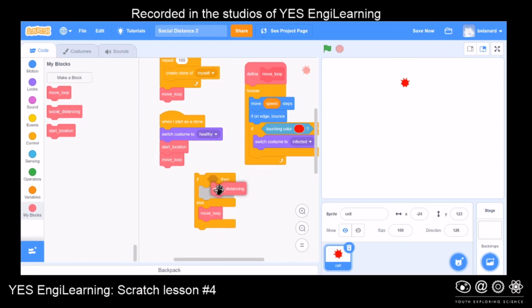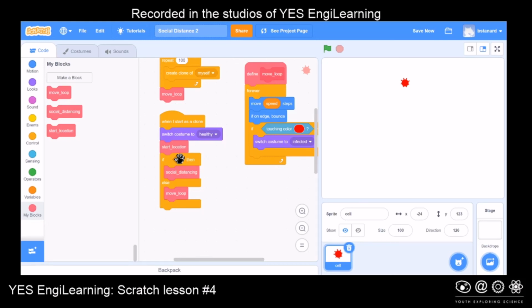The other part I'm going to socially distance. Okay? Now, I can grab this guy. Now notice I'm already using him down here, so I don't need two of them, so I'm going to get rid of one. And I'm just going to plug this in here. Now the difficult part is how do I build this code to figure out if half of them are going